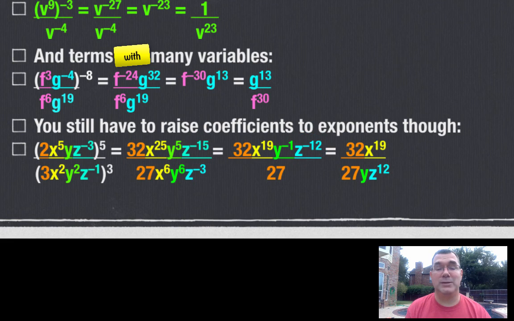I've got x being raised to a positive exponent, so I will leave that on the top of the fraction. But y to the negative 1 can be moved to the bottom to be y to the positive 1, or just y, and z to the negative 12 can be moved to the bottom of the fraction where it becomes z to the 12. So that is hopefully enough